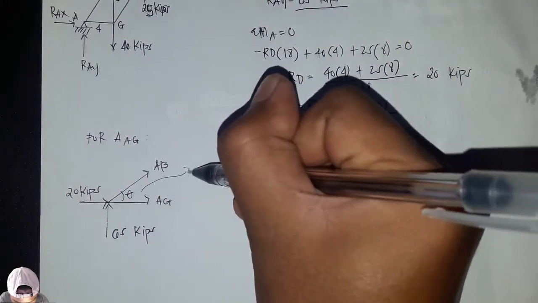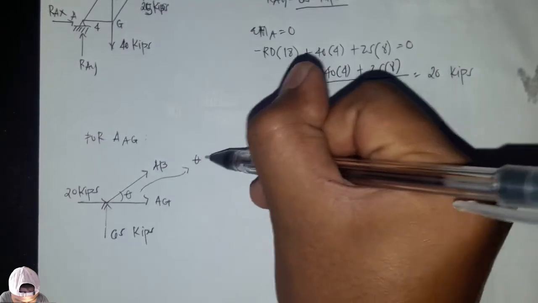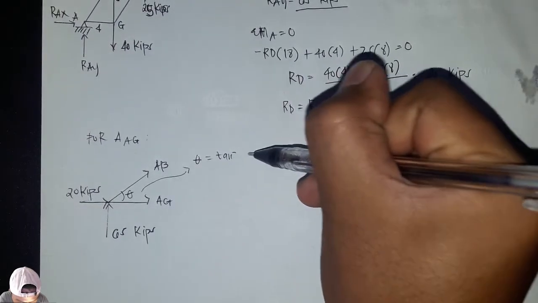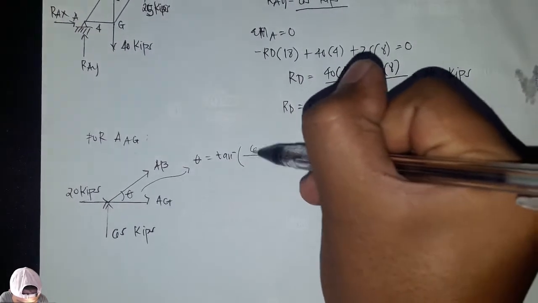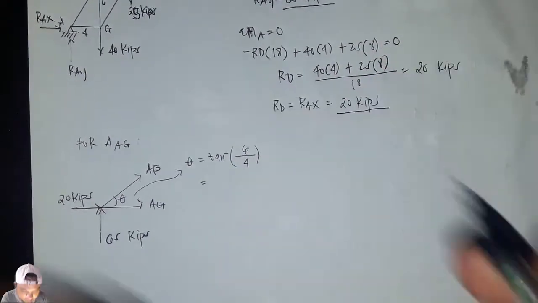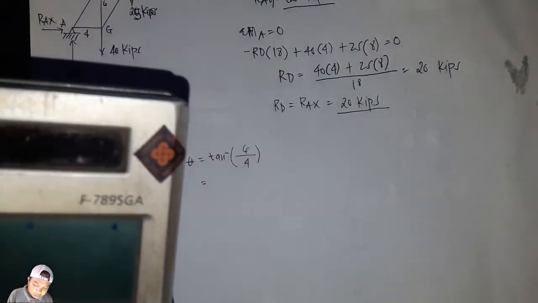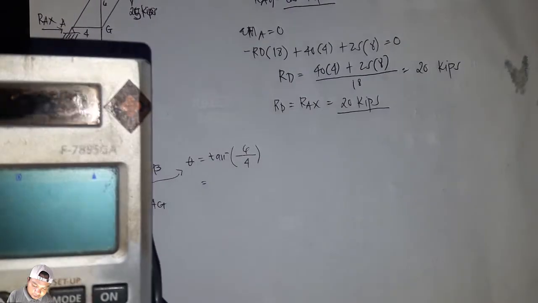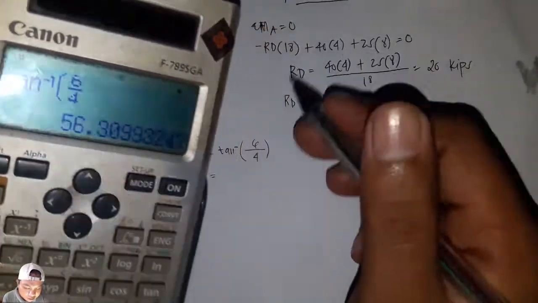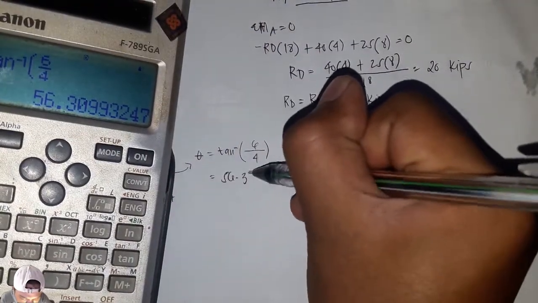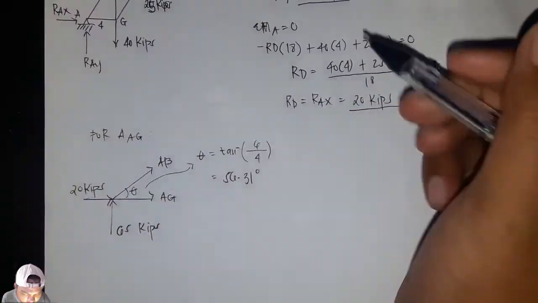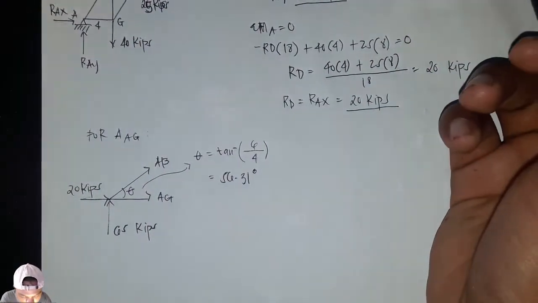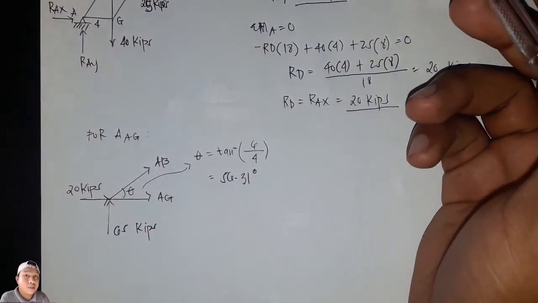Yung angle dyan is equals tan inverse of 6 over 4 equals to 56.31 degrees. Yan. So may angle tayo dyan and masasolve na natin yung